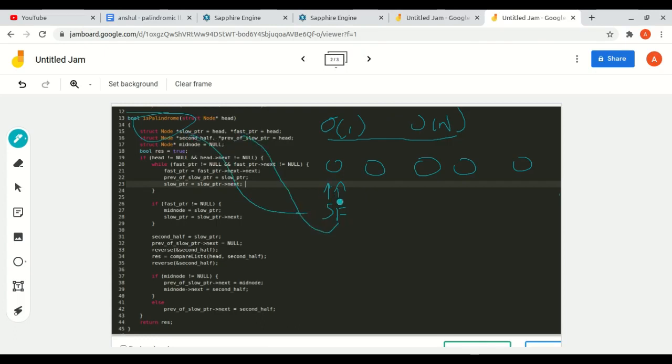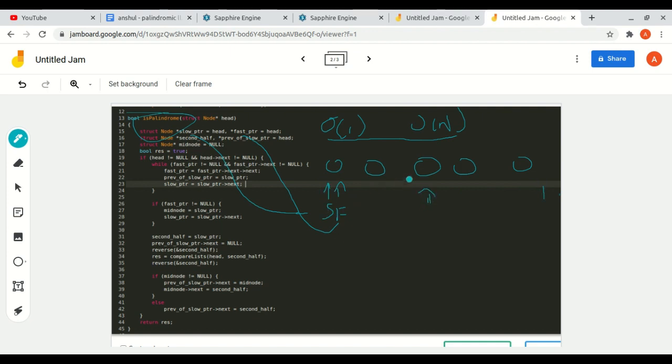The slow pointer takes one jump at a time, and the fast pointer takes two jumps at a time. It is very common that if someone takes two jumps at a time, they will go at double speed than you. So when the fast pointer reaches the end, the slow pointer will be at the middle.